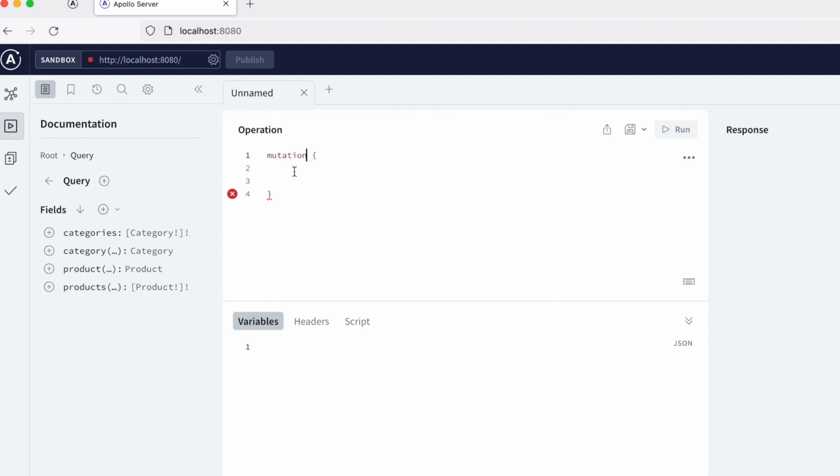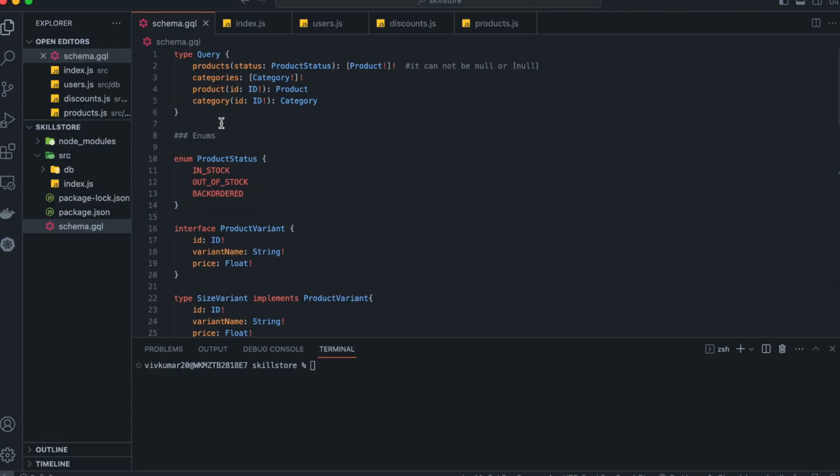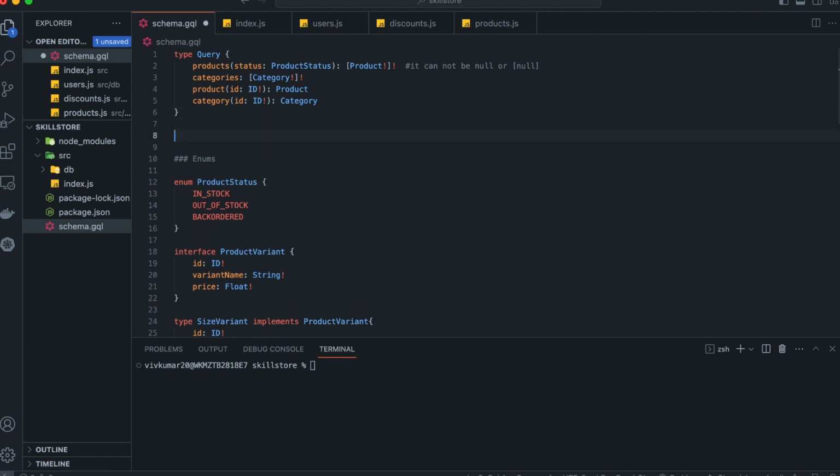Now, the first question is why we use mutation. As the word explains everything, mutation is used for mutating data, for example, creating, updating, deleting, and these kinds of operations will be performed with the help of mutation. All right. Now, how we define mutation in the schema is something like we will be creating one operation type here